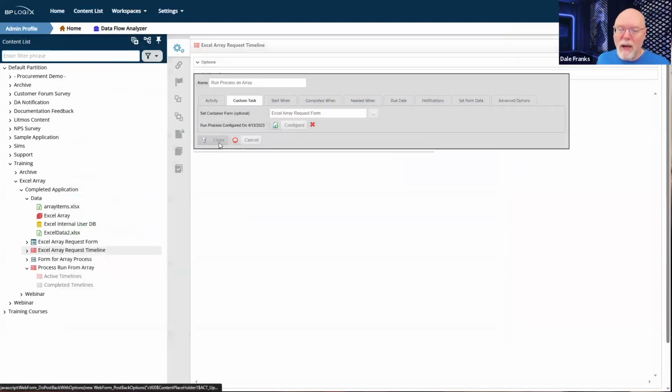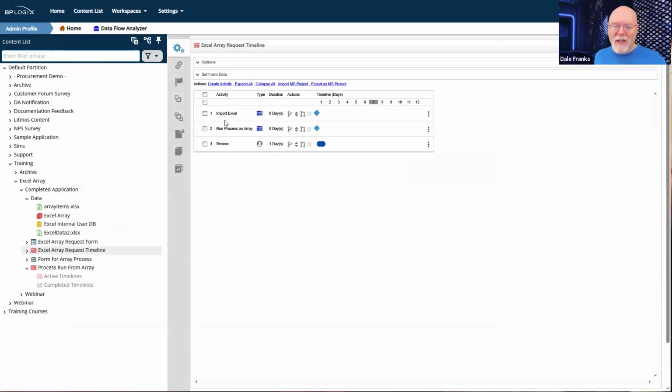I'm just doing an import Excel, or actually it's an item actions custom task to take my Excel attachment and stick it in the content list. It has the same name as my template, which is important. So it overwrites my template file. My template file, when overwritten, automatically imports the data.